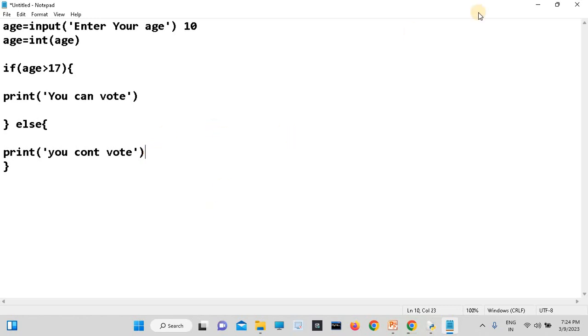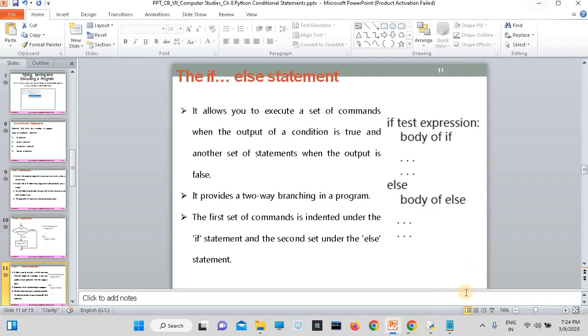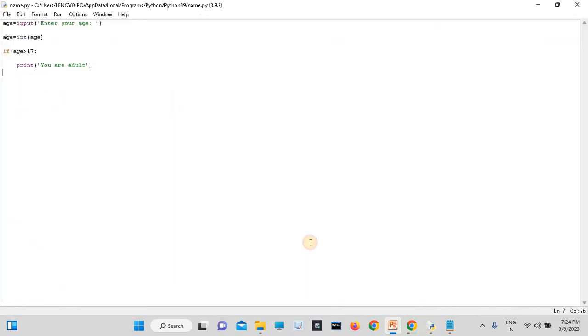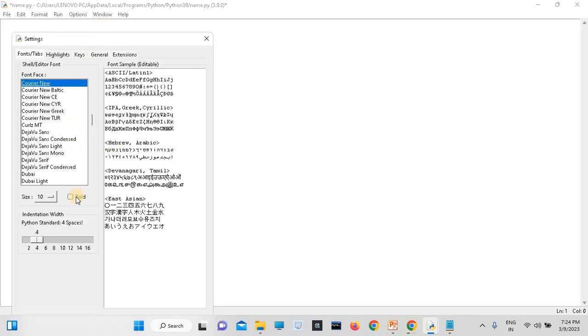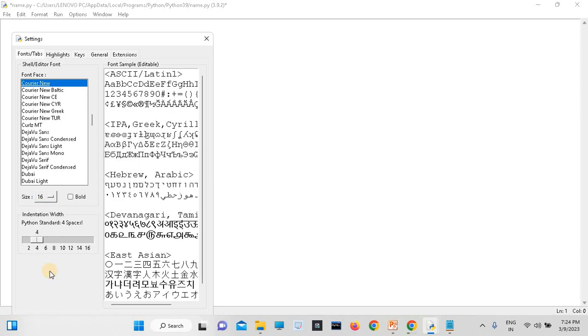So see this one, practically how to do an if else program. Simply remove this one from here. I can increase the zoom. Okay, I can show the code, configure IDLE. From here I can use 17. Okay,